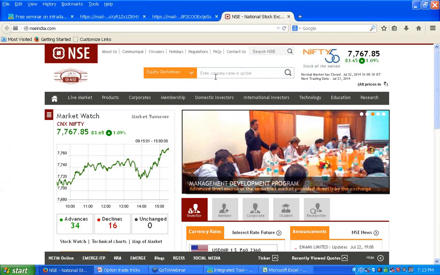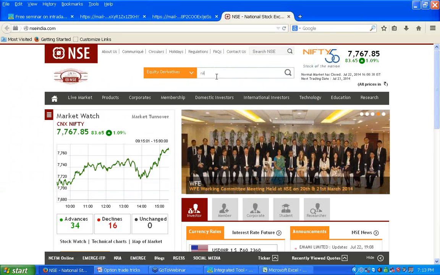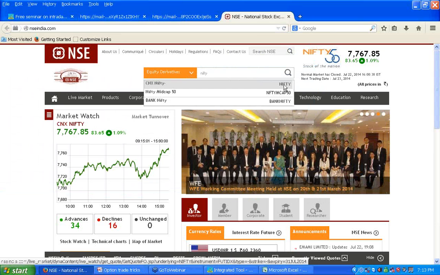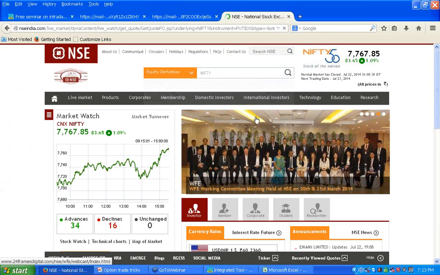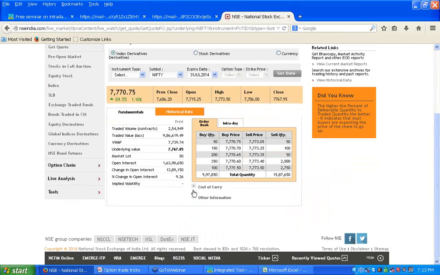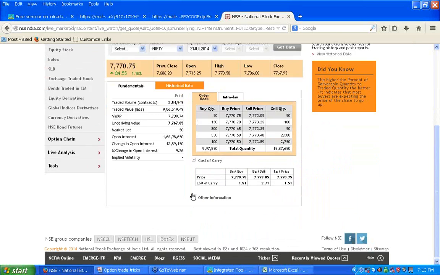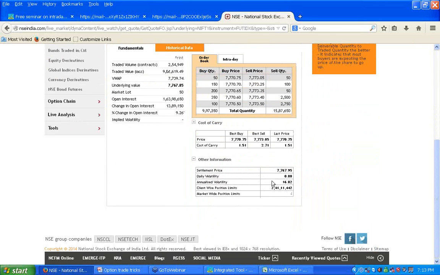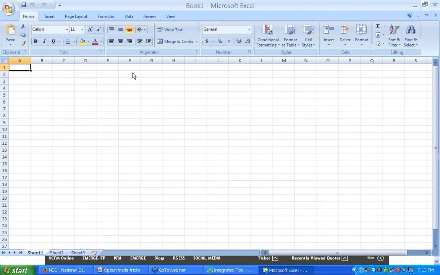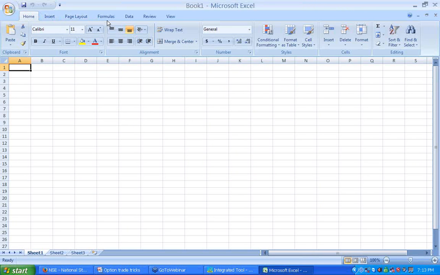Assume this is the Nifty future. So I have gone for the Nifty future. Here the cost of carry information and volatility information are there. So Nifty currently